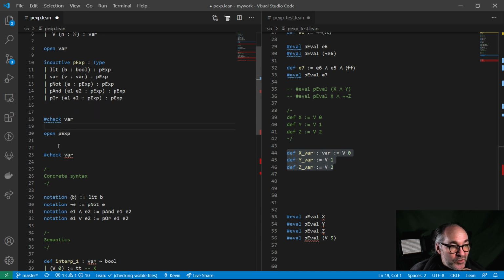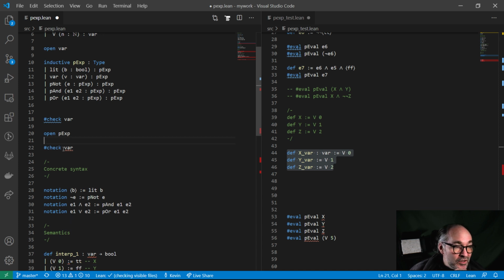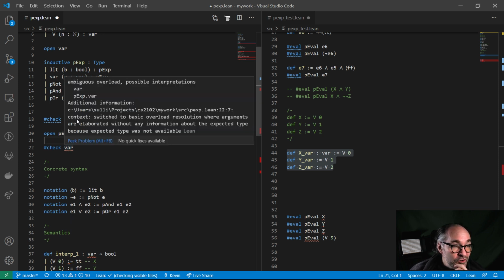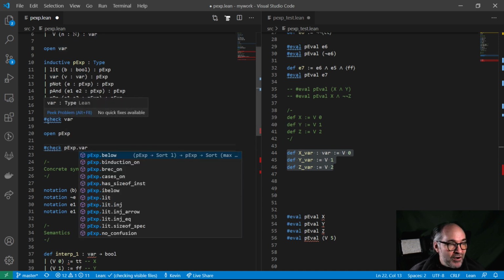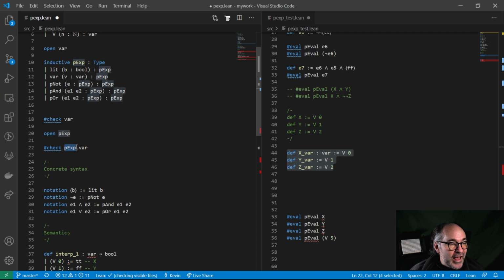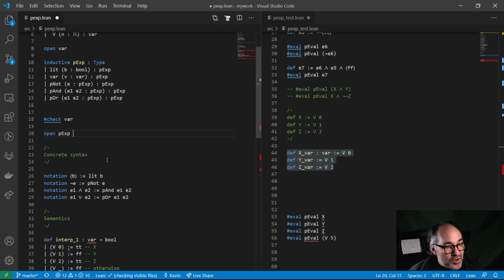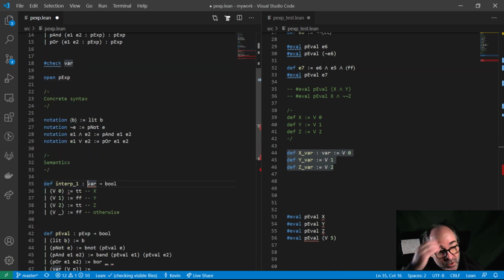But after opening px, I run into a problem because var has multiple possible interpretations, either the type var or the constructor px.var. I can simply disambiguate that by saying, for example, this I mean px.var. So I can always add a prefix using dot notation to disambiguate cases like this. And that's what I'm going to do down here. So I'm going to say we can take any